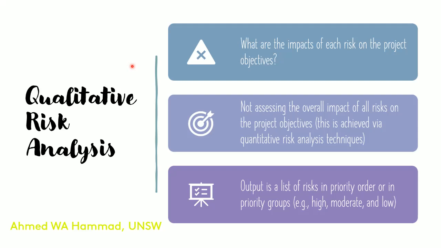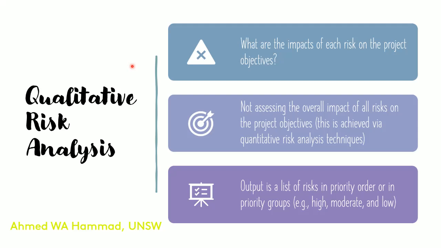Now recall that the project objectives would be defined based on the particular projects that would form the portfolio of the organization. So in a construction organization, you'd have various commercial, residential, maybe infrastructure projects, and there would be objectives set out for each individual project. So an example of an objective would be finalizing projects on time or within budget. So these would form the objectives. And we're trying to see over here with a qualitative risk analysis